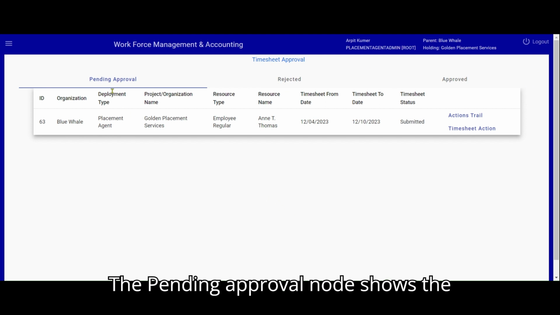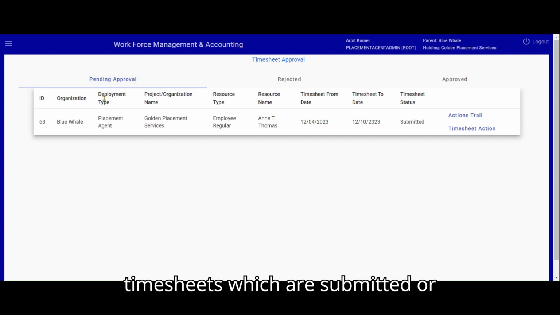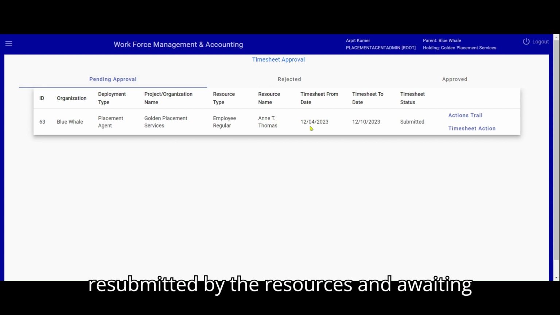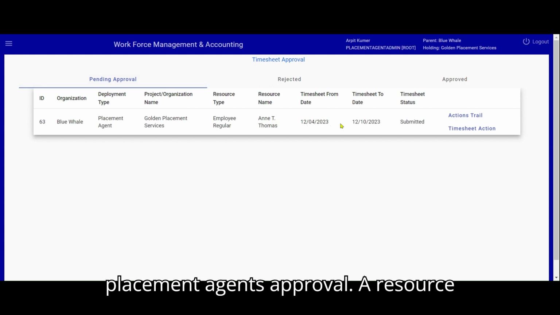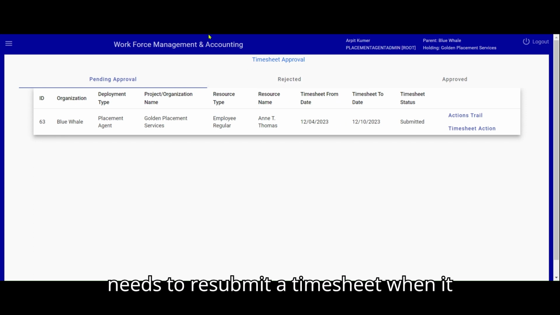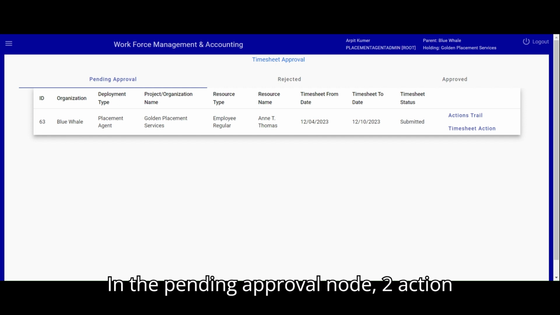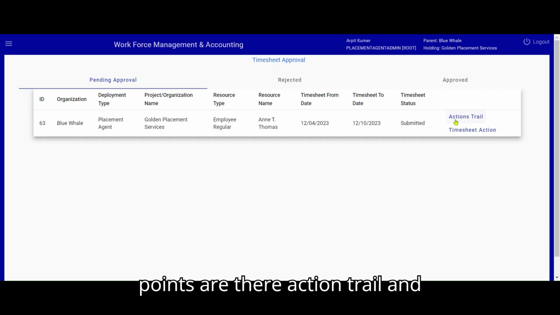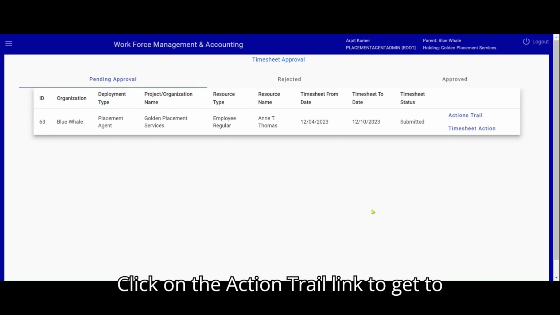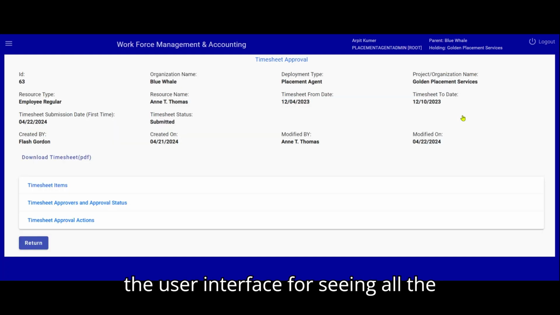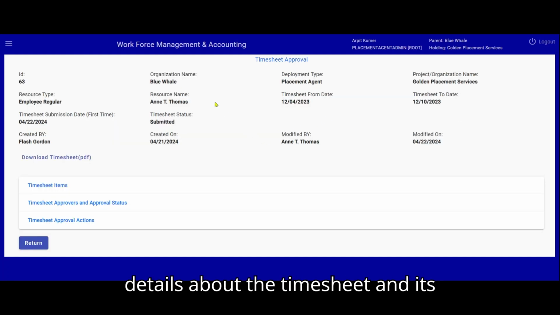The pending approval node shows the timesheets, which are submitted or resubmitted by the resources and awaiting placement agent's approval. A resource needs to resubmit a timesheet when it gets rejected by the approving authority. In the pending approval node, 2 action points are there: action trail and timesheet action. Click on the action trail link to get to the user interface for seeing all the details about the timesheet